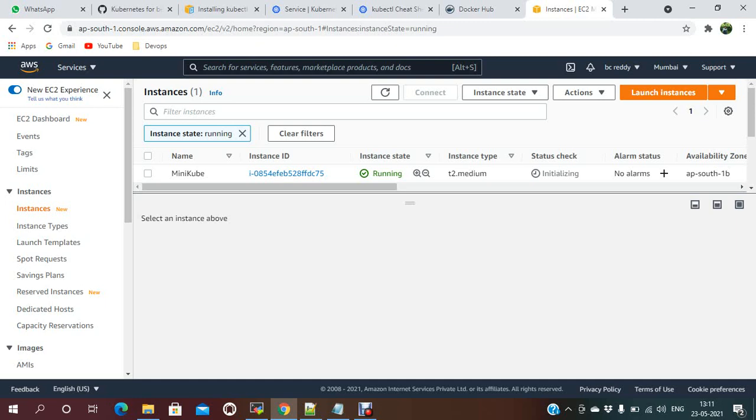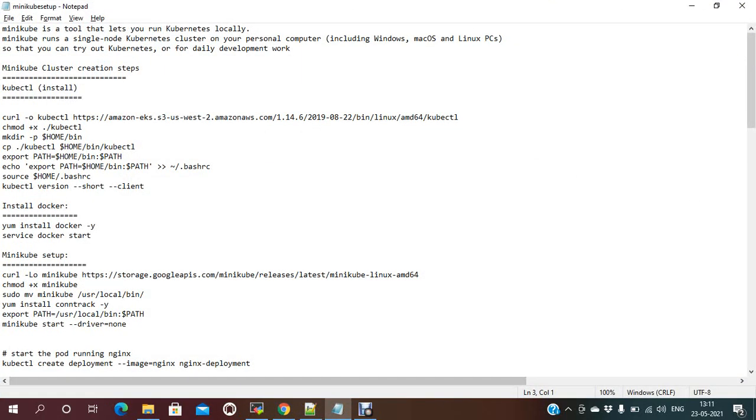So we just need kubectl. It is a client to set up the cluster. Okay, let me install. Minikube is a tool that lets you run Kubernetes locally. It will come with only one master, and it will automatically act as a node too, so we don't get one master and different nodes, like two nodes. It comes as a master, and it will run as a node also.